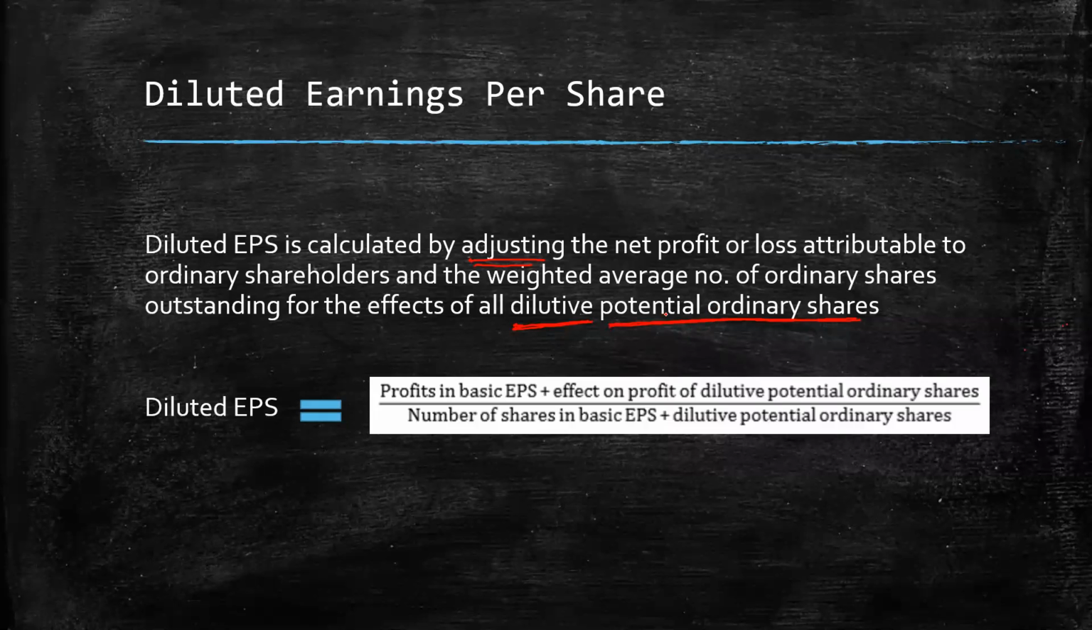Then it is anti-dilutive. Right? Because of these potential ordinary shares, or if we execute these potential ordinary shares, or if the convertible instruments are converted, if it resulted in the decrease of EPS,